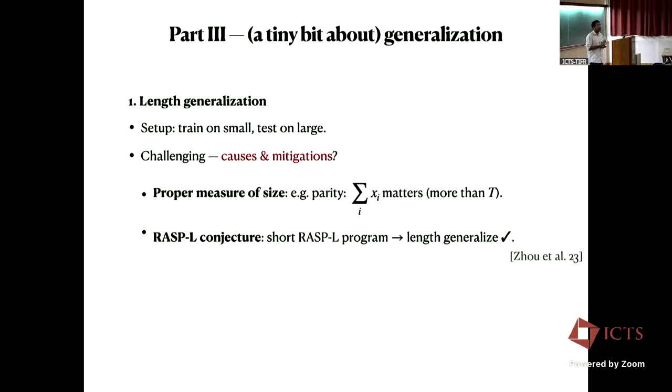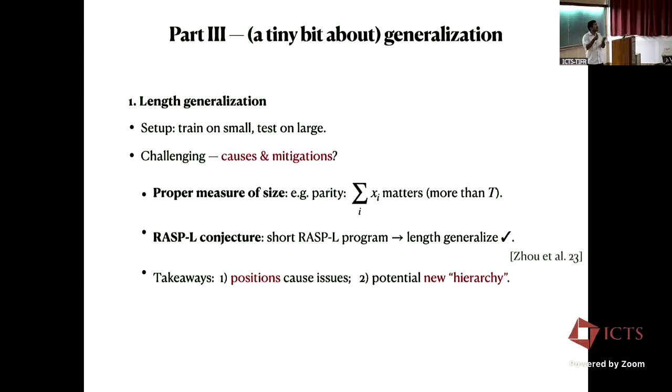It's a very cool observation as a formal way of looking at it. I will not get into details, but that's a conjecture they put out there. At least empirically, they observed this to be true. Okay, and the main takeaways, again, very short, is that people observe that various length generalization issues for transformers often